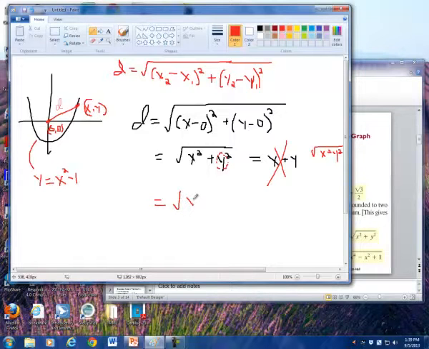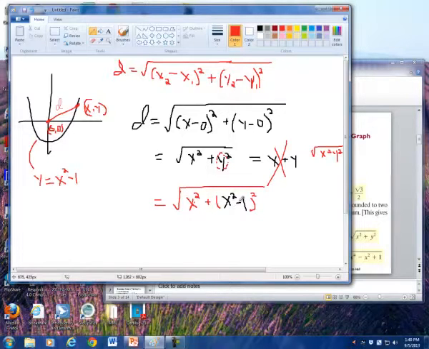And so this would be x squared plus, and then we put parentheses where the y was. And now, since y equals x squared minus 1, we're going to substitute that equation in for y. So this would be x squared minus 1, and then we're going to, of course, apply the square root over that,